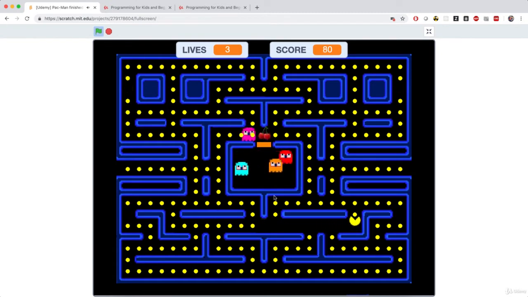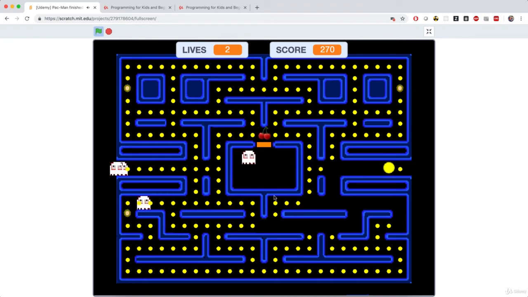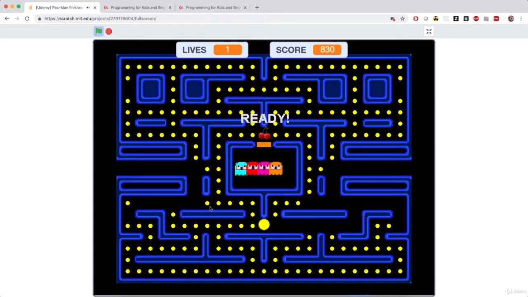My job is to eat these yellow dots, and the ghosts are trying to chase me. If one of the ghosts hits me, then I die and I lose a life. But if I touch one of these flashing yellow dots, that's a power pill. And that means I'm going to set ghosts on the run. And if I touch them, I'm going to eat them and I'm going to make them unavailable for the duration of the round. But this time I died because after a given time, the ghosts revert back to their normal